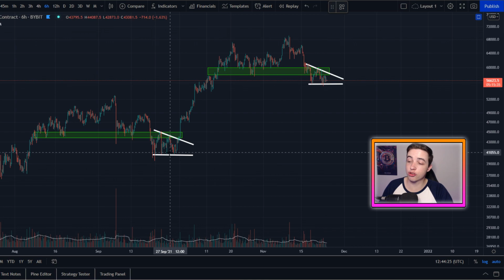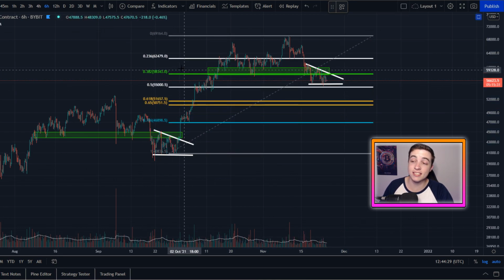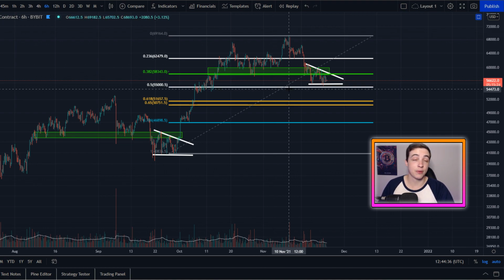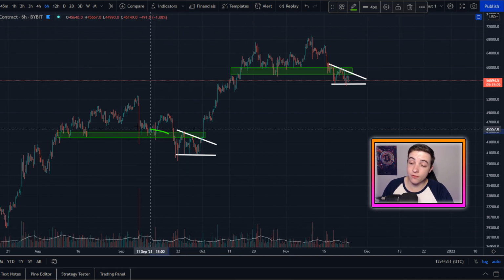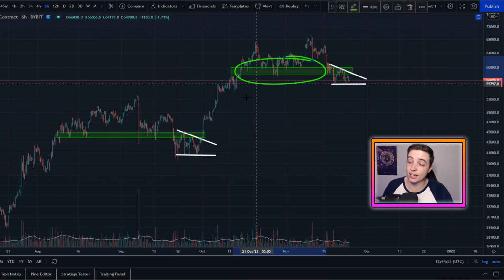And now bringing out the Fibonacci retracement tool this time around, what we have here is the 38.2% Fibonacci level coming in at around $58,000. And once again, I've done the same thing. I've just taken a little bit of a price range above that level. And what we can see from these two horizontal price ranges right here on the chart is the fact that